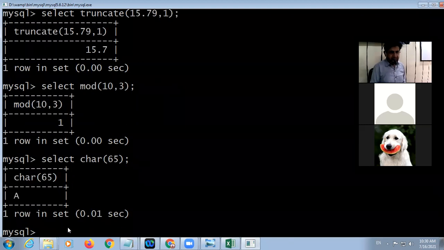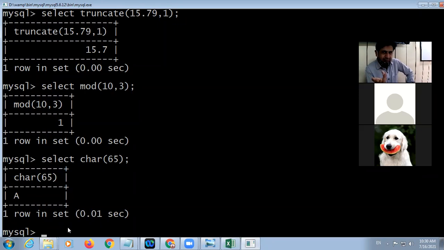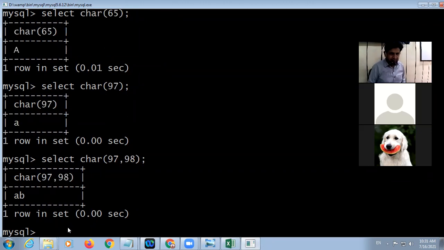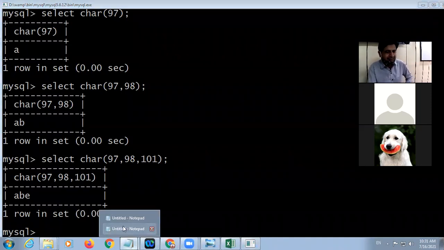It will return A. 65 is an ASCII code, and we want to see the character corresponding to this ASCII code. If I use 97, that is small a. 97, 98 gives a, b. 97, 100, 101 gives a, d, e. You can give any number of parameters. It will return the characters.